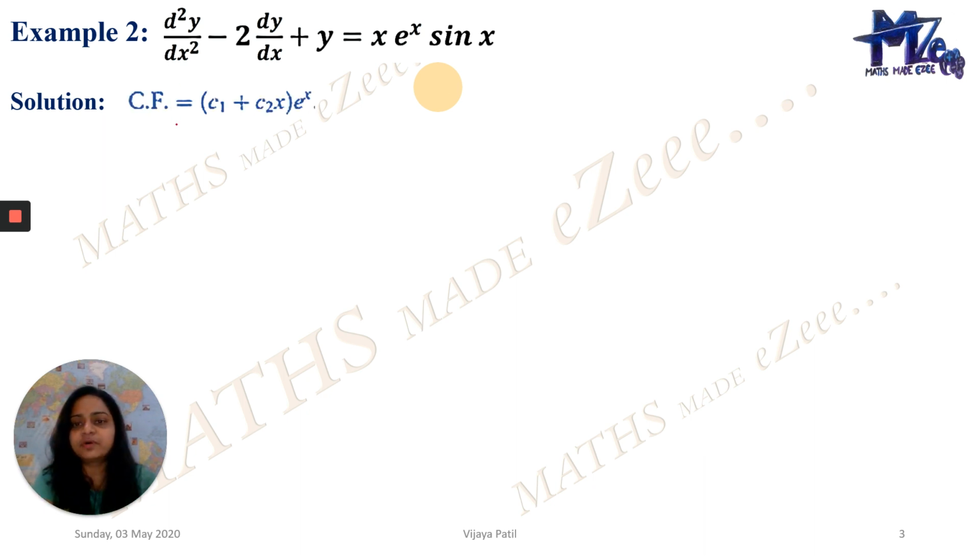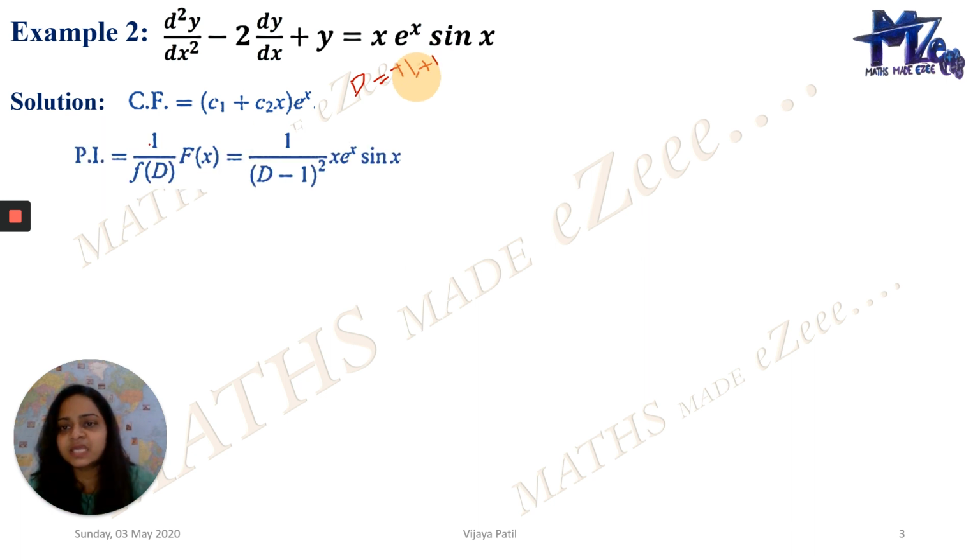This is CF, so it's d square y upon dx square minus 2D plus y is equal to this. So what is this? D square minus 2D plus 1, and the roots are D equals plus 1. If the two roots are the same and D equals 1 is repeated 2 times, we will have the CF as C1 plus C2x, e to the power x. So if you observe here, D equals plus 1 and plus 1 are the two roots, and therefore we have got this as the CF.